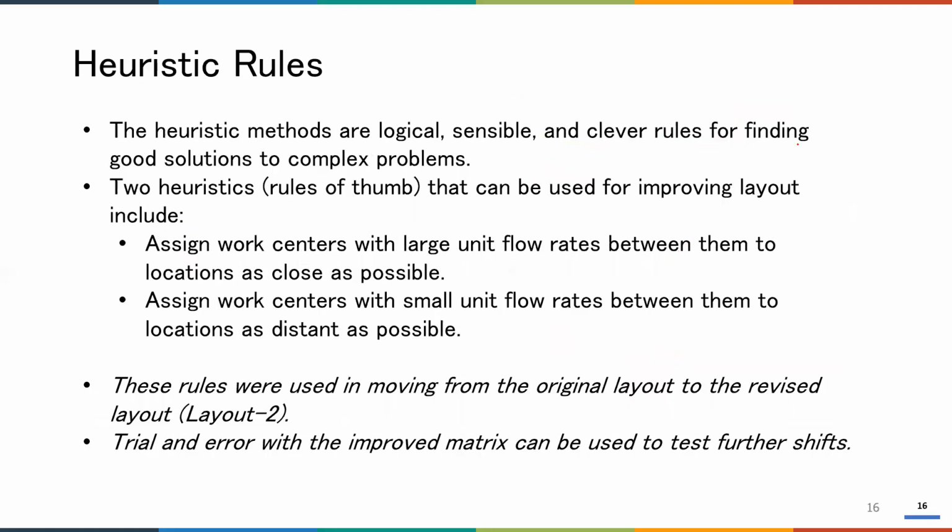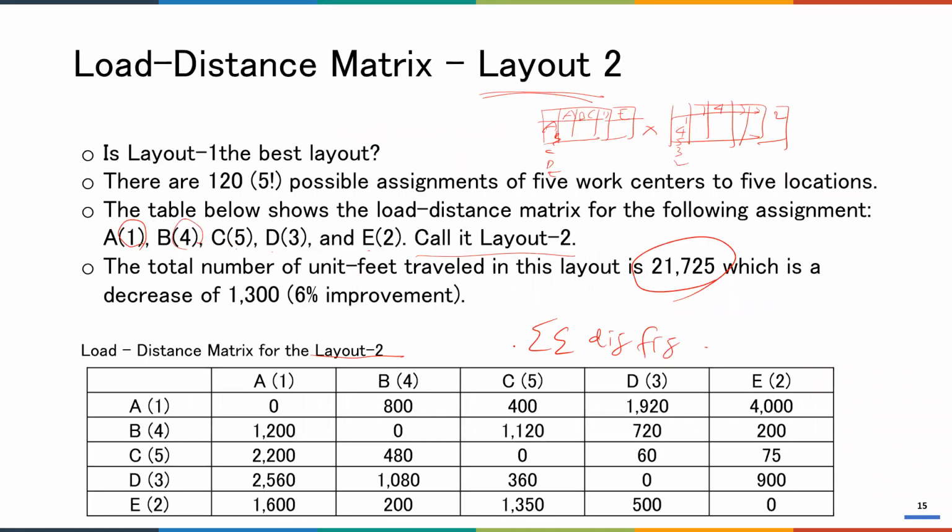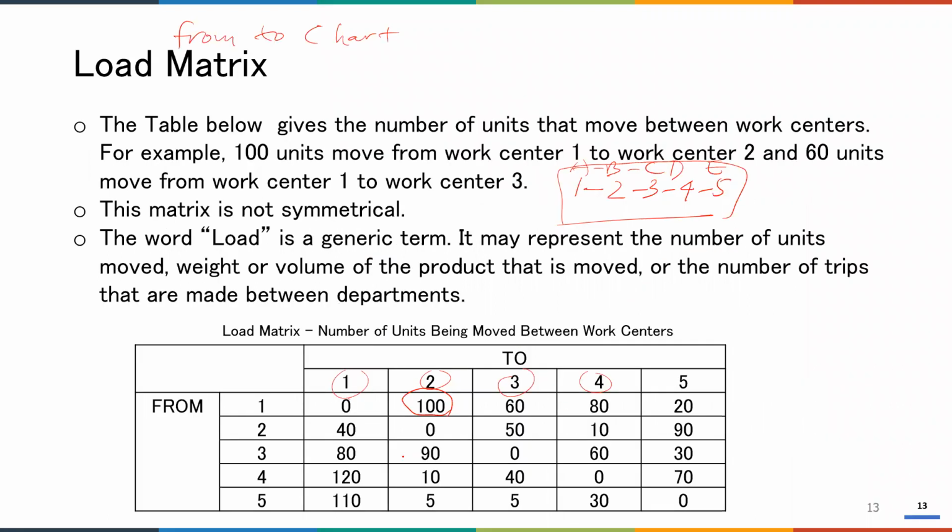And because we cannot just do it randomly, there is a possibility that we use certain groups, which is a better, easier approach, where basically you can assign work centers with large unit flow rates as close as possible. So for example, if we can see here,